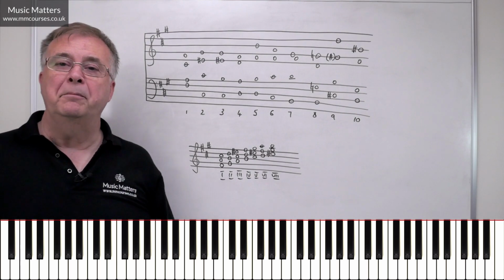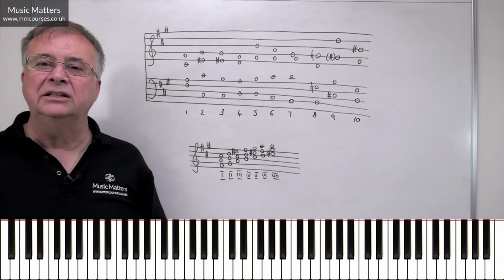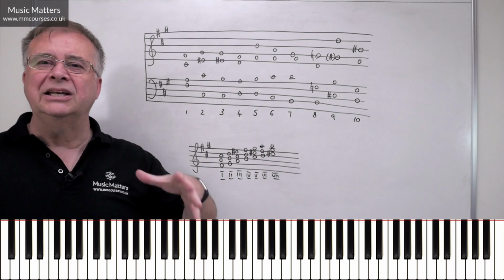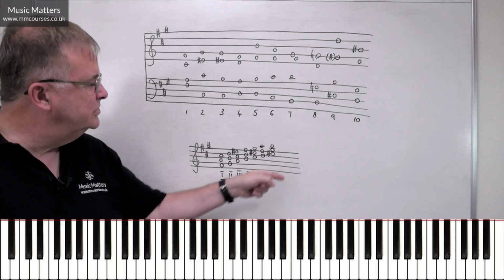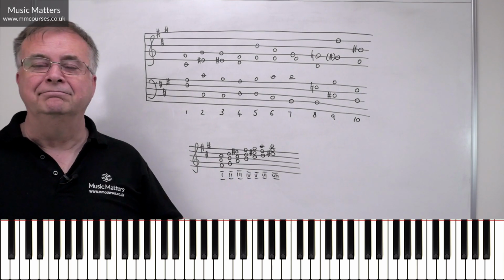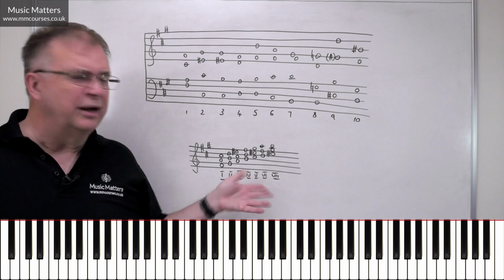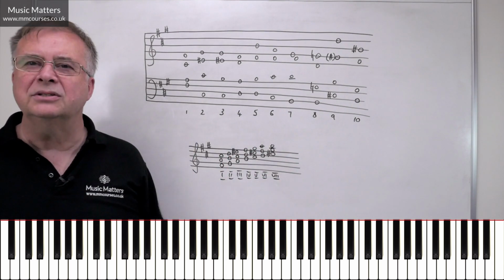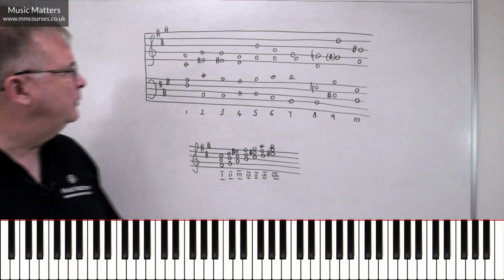And that will work for much of the time when we're trying to identify things we call diatonic chords. In other words, the basic chords that are based on these 7 triads inside any key. Now, there may be some chords that don't quite fit with that because there's something more complicated going on. We'll come to those a little later. But let's see how we get on